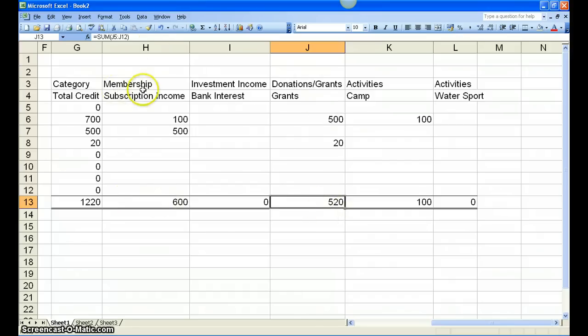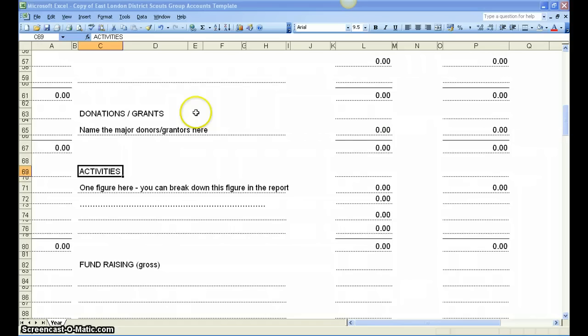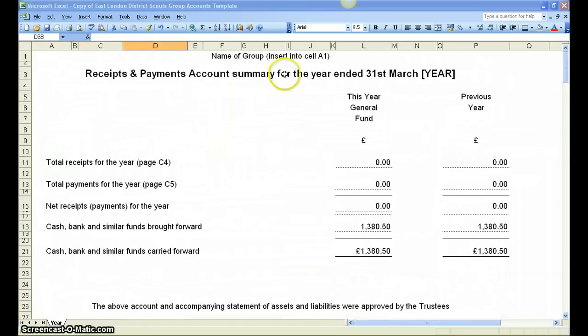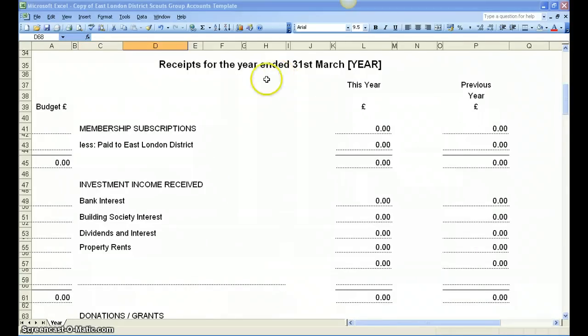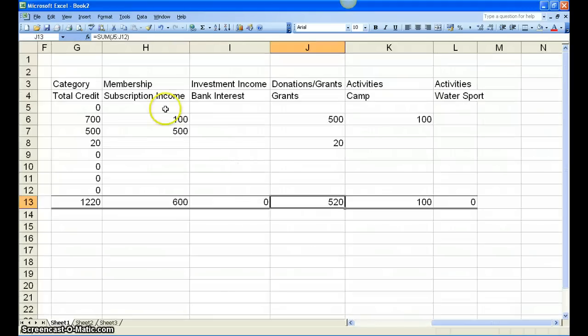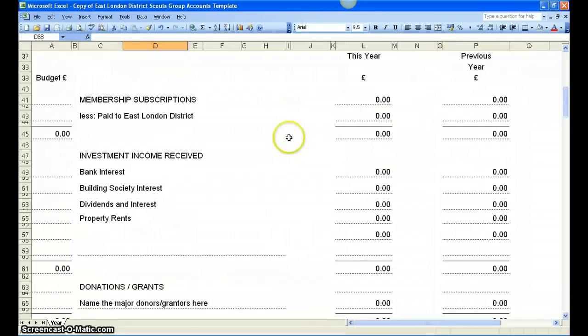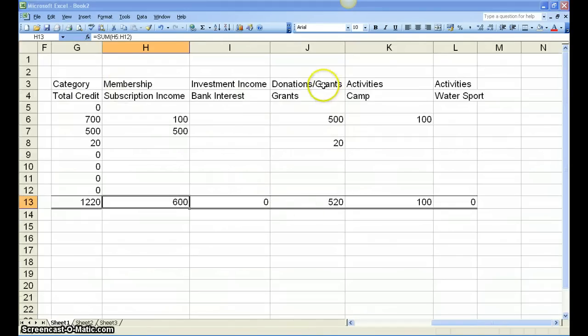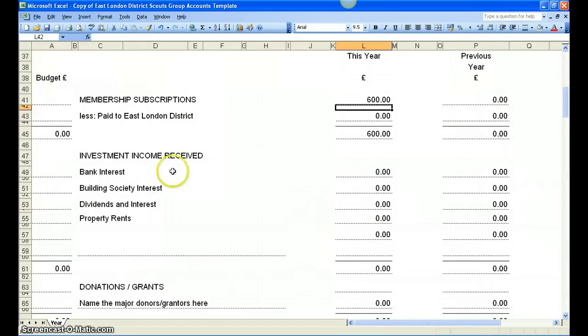And when you come to populate your actual accounts summary here, it's then a very straightforward matter of saying, right, membership subscriptions received, you click in to your book and you say membership subscriptions income 600. So you go here and you type in that column, that cell, 600, because this is a spreadsheet as well, so you might not think it looks like it, but it's actually another Excel spreadsheet which you'll get. And then you go back and you go donations and grants 520, activities camp 100. So go back into this one, go to donations and grants